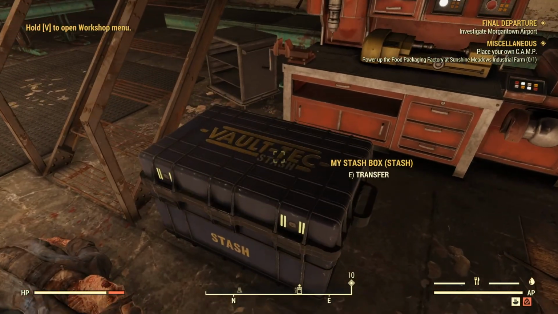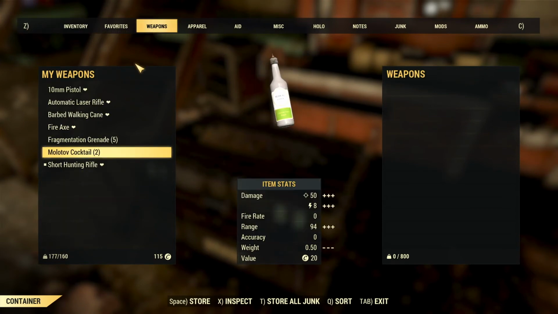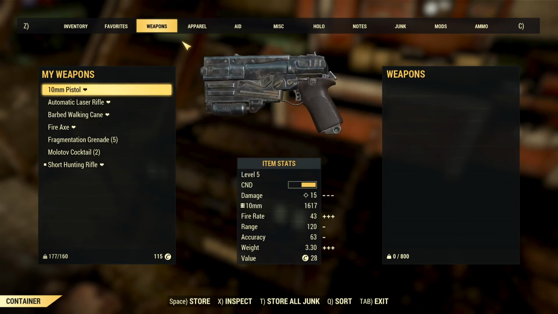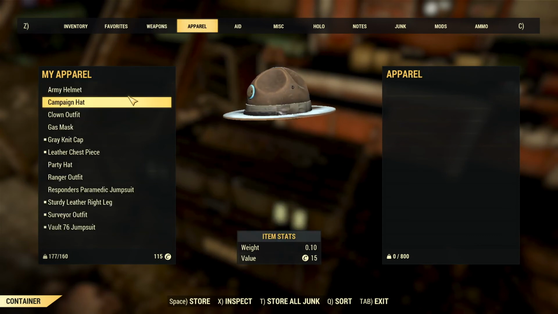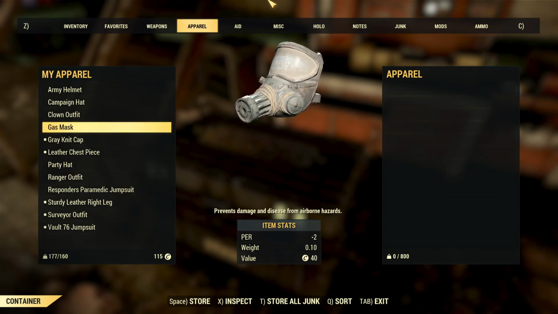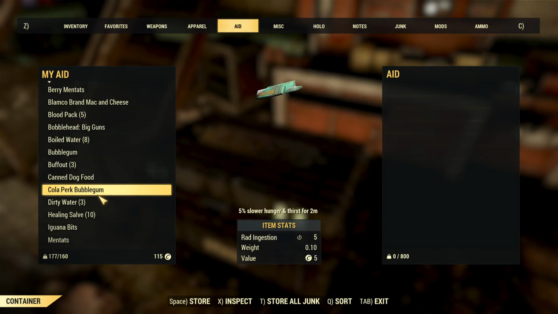Let's get out of this. And I just want to store some stuff, because we do have quite a bit of things on us. We really should scrap some of this stuff. But I'm not going to worry about it for right now. These aren't really taking up too much. It really is just our aid. Like, your aid ends up taking up a lot of